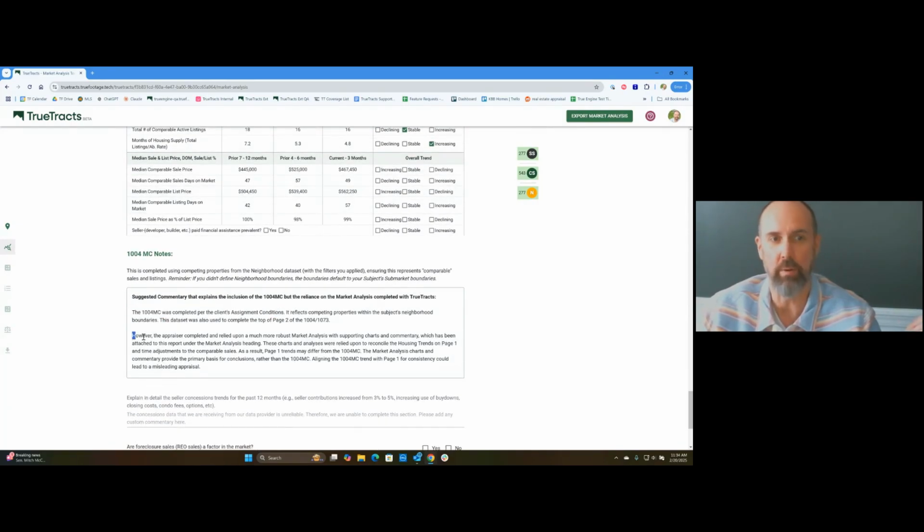But down here we say, however, we completed and relied upon a much more robust market analysis with supporting charts and commentary, which has been attached to the report under the market analysis heading. These charts and analysis were relied upon to reconcile the housing trends on page 1 and the time adjustments to the comparables. As a result,